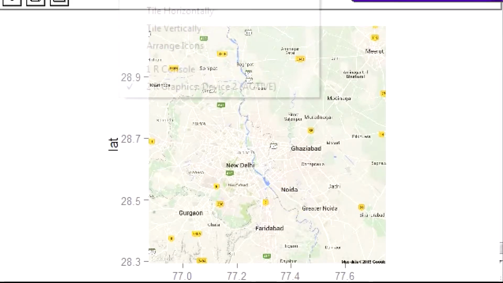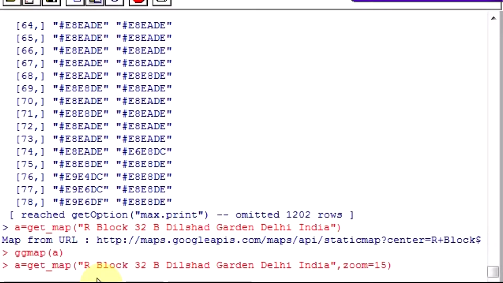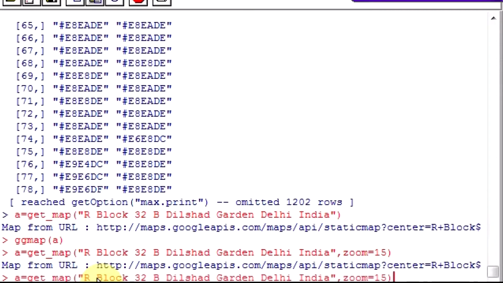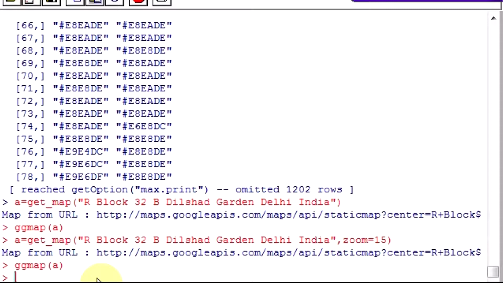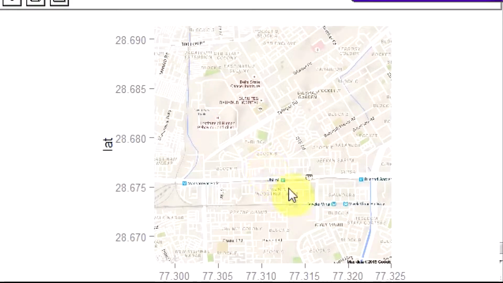Suppose I want to change the zoom level, I can say get map zoom is equal to 15. You see that is the API call to the Google Maps API. So I have now a better map.